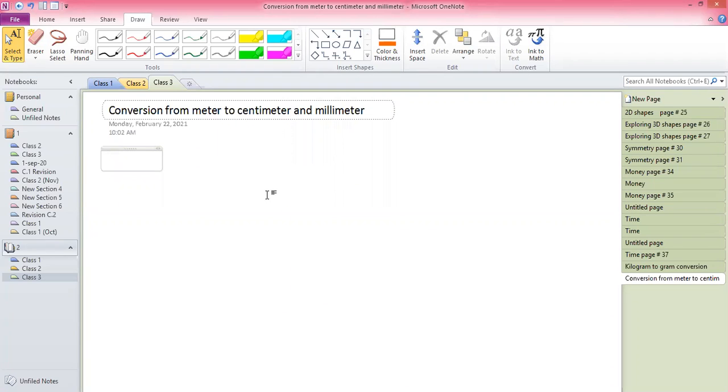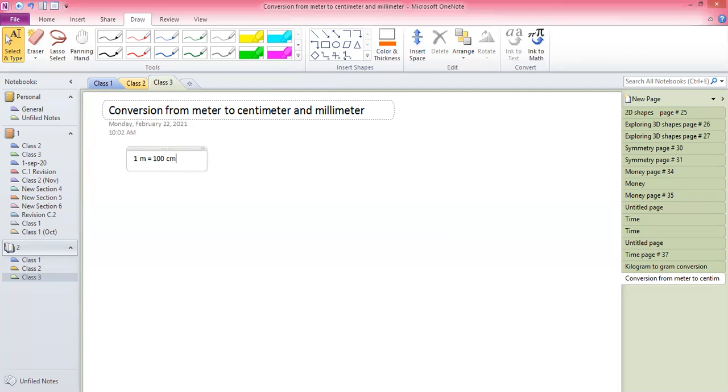Conversion from meter to centimeter and millimeter. So guys, for that, you should know the basic fact. I'm going to write the basic fact here, which you should know. We will write about this in the notebook, but first you have to understand the basic concept. 1 meter is equal to